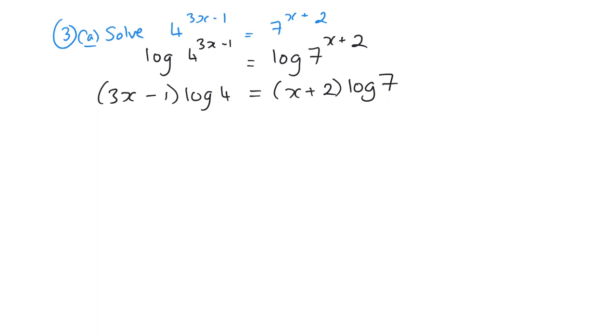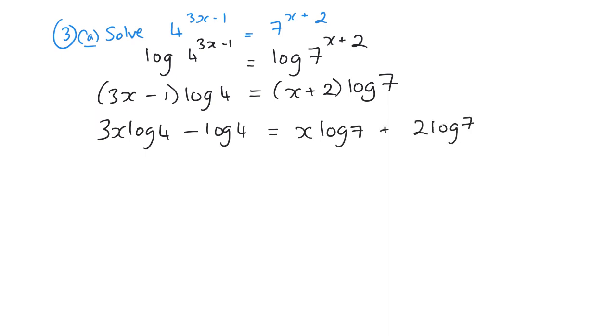Okay, so we get 3x minus 1 times log 4 equals x plus 2 times log 7. So we're going to need to multiply out our brackets. So we'll get 3x log 4 minus log 4 equals x log 7